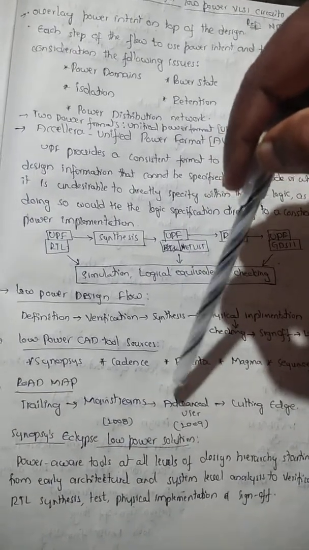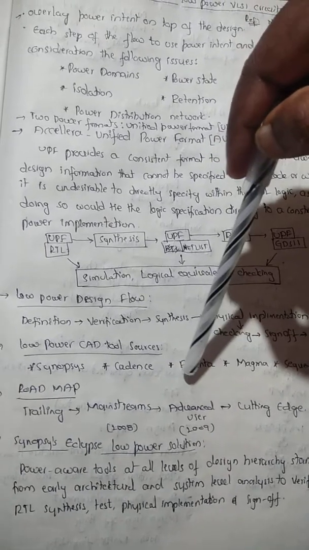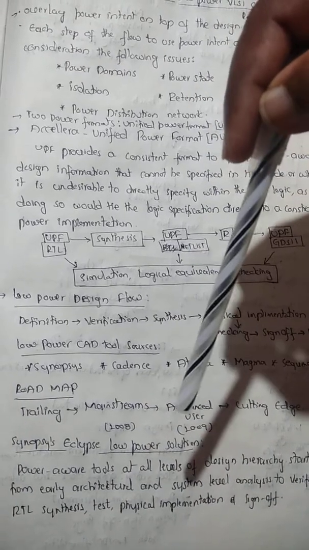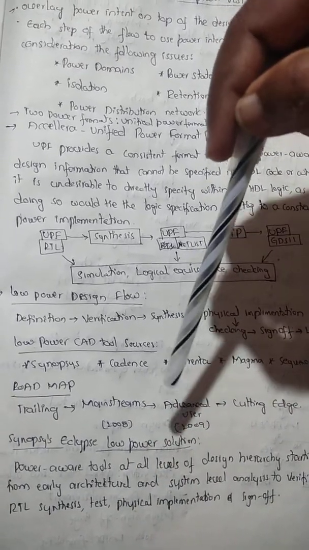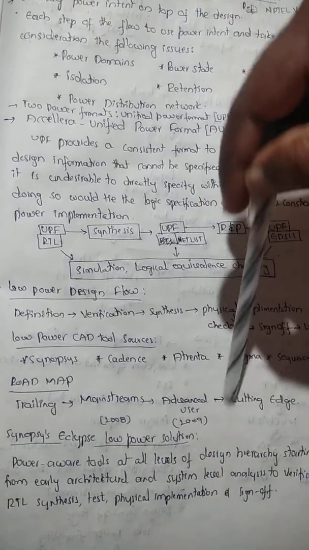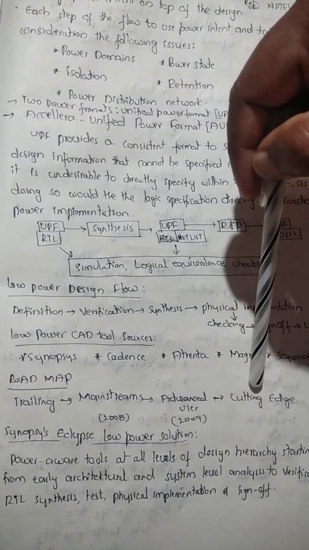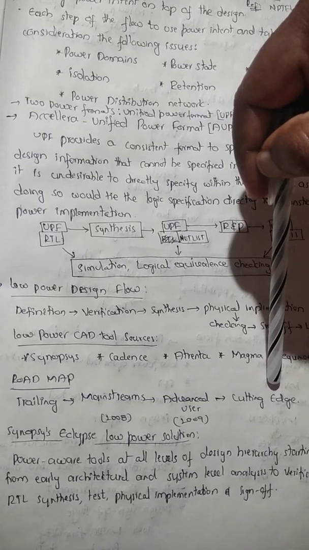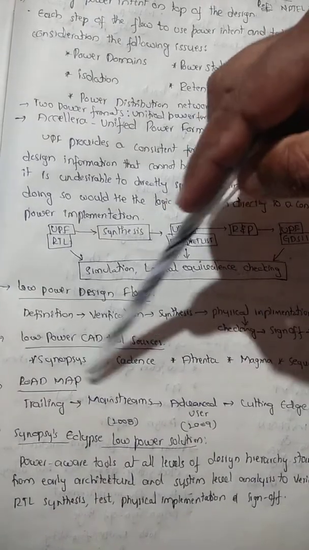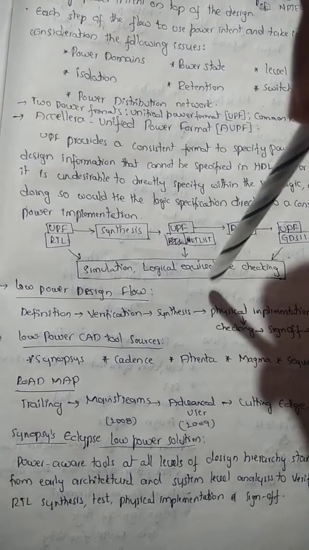Around 2009 we went for the advanced user stage, where we incorporated body biasing and multi-voltage power gating. At last we have entered the cutting edge, what we are doing right now. Here we have adaptive voltage and frequency scaling and dynamic voltage frequency scaling. That is how the roadmap has developed for this CAD tool technology.